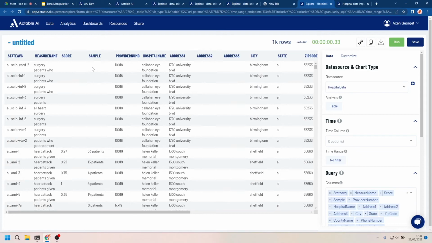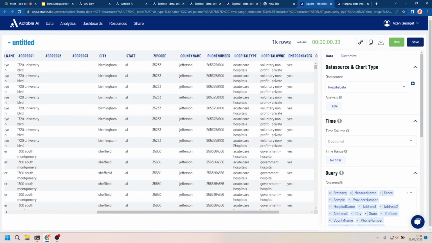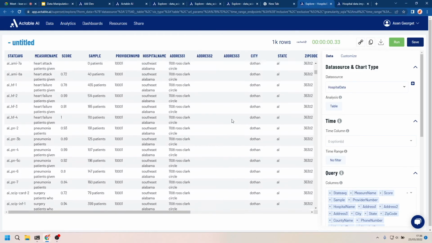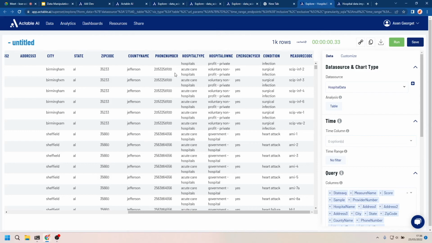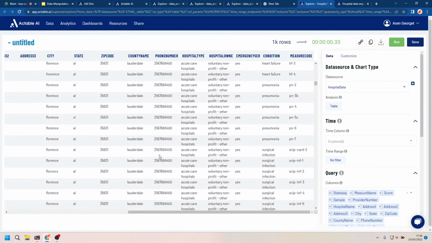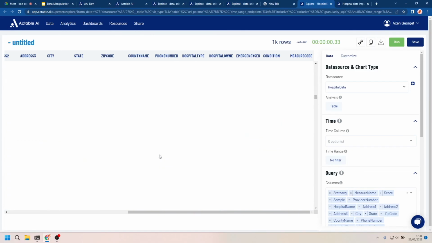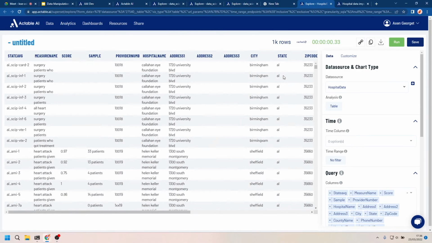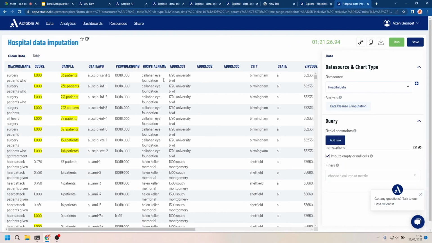So we can see that there are some missing values here in the address, the samples, for instance. And there are also some incoherent values. So if we look at the phone numbers, I don't know if we can see them here, but sorry, there is a lot of data here, but I know there are some incoherent values. So, I've run a data imputation on this dataset